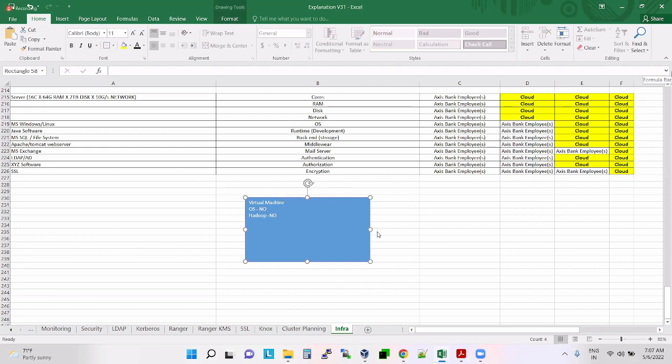So this virtual machine will have a capacity, let's say 32 cores plus 128 GB RAM, plus 1 TB hard disk, plus a 10 gigabit per second network.